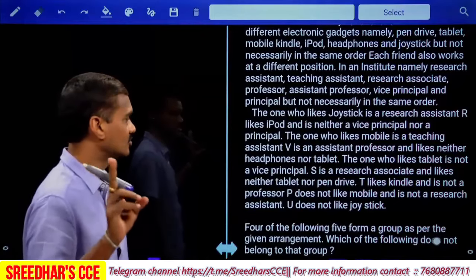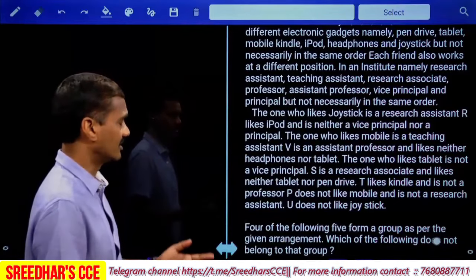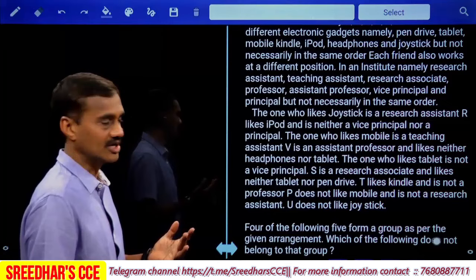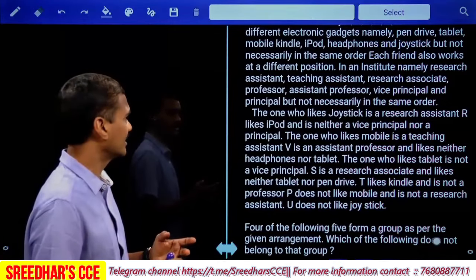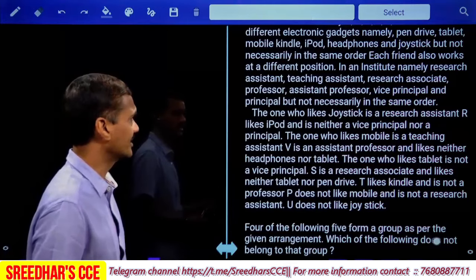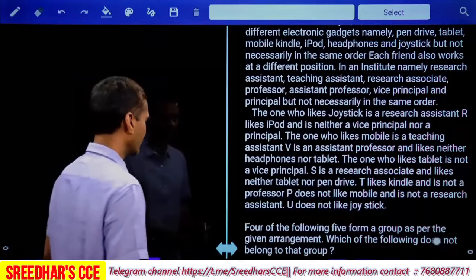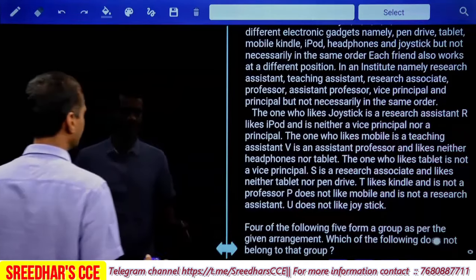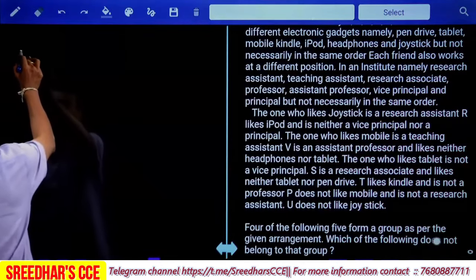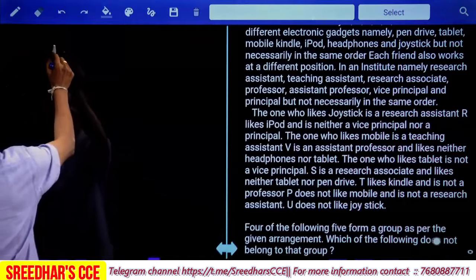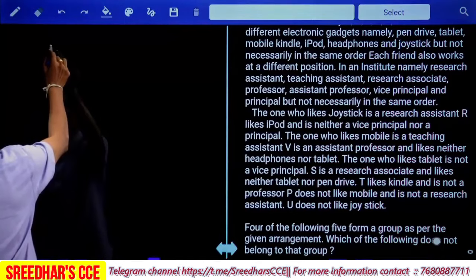It comes under 2-parameter distribution, wherein each of these persons belongs to a different profession, and at the same time, they bought a different electronic gadget, isn't it? Now we need to identify the positions of these persons and the gadget they bought. Hence, as it comes under 2-parameter distribution, let us take it like this: